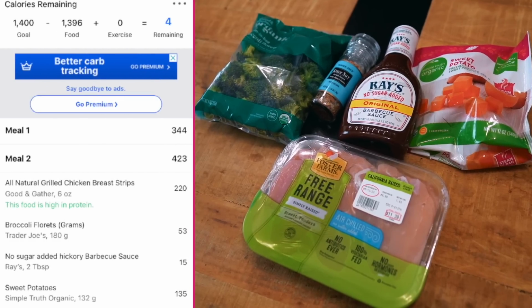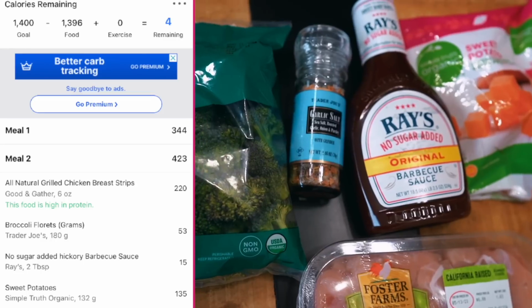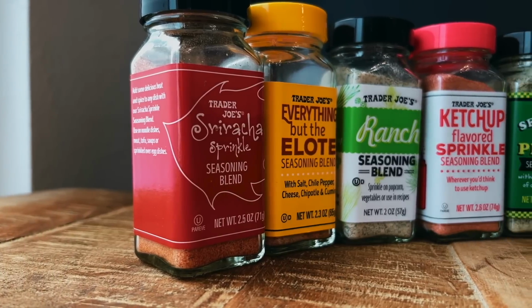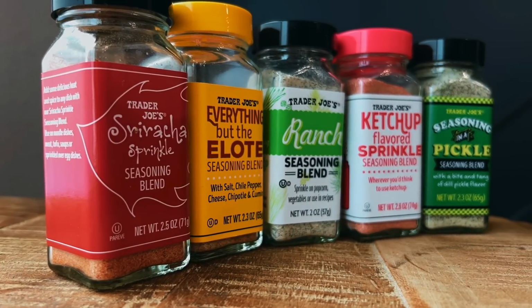For lunch, I keep it simple. Pan searing some chicken with some frozen sweet potato chunks and broccoli. I use some sugar-free barbecue sauce on my chicken, as well as garlic salt on my potatoes and veggies. Finding things that give your food flavoring is key. Trader Joe's has some amazing seasonings for diversity, and there are a ton of sugar-free sauces to bring some fun